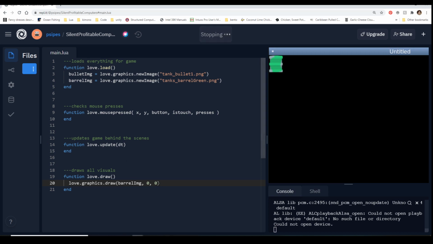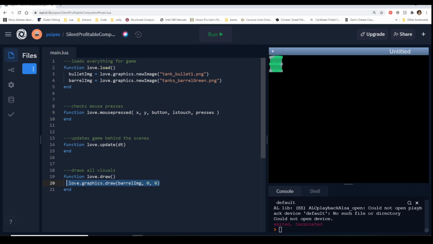Now we know that these work, so we know that they show up. One of the weird things inside of Love is that scaling doesn't work well. Scaling works, and it looks nice. But when you're talking about collision and getting the actual dimensions of things, it retains the old information. It retains the original sizing of stuff. So if you can, always scale your images to what they need to be outside of the program rather than inside. It'll save you a lot of heartache in the long run.